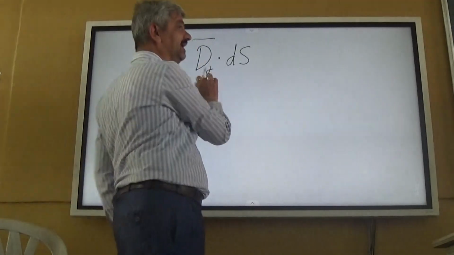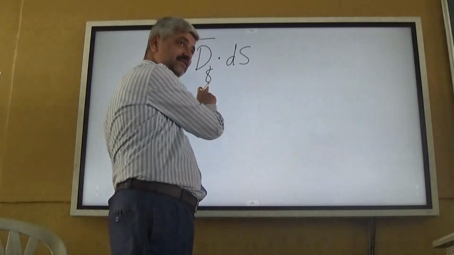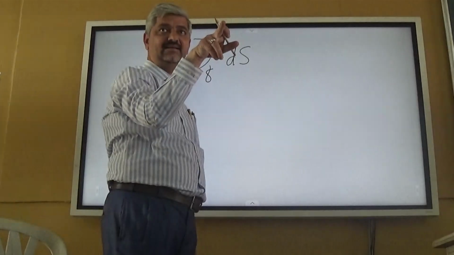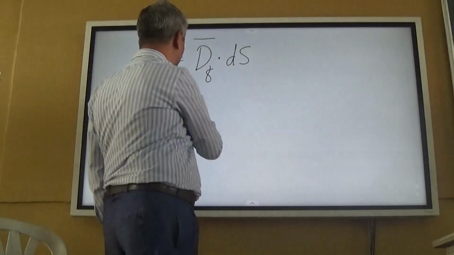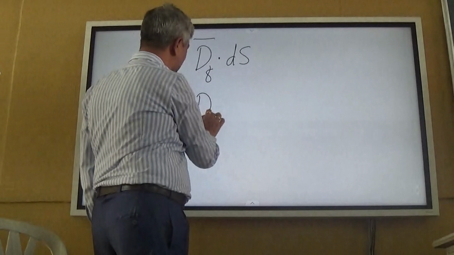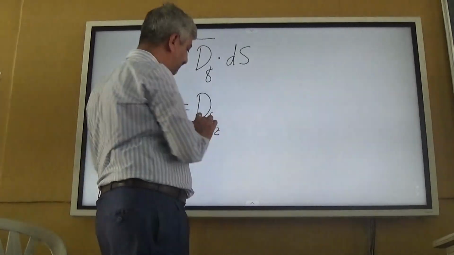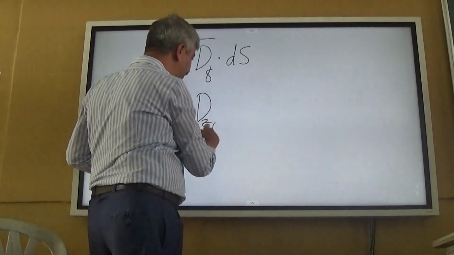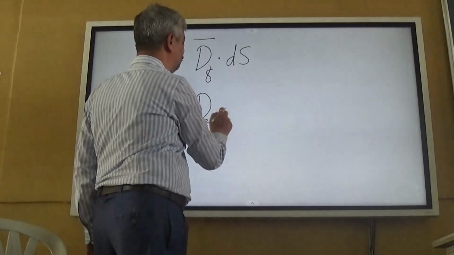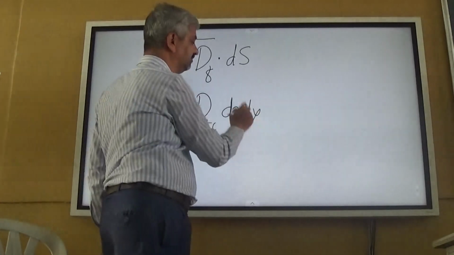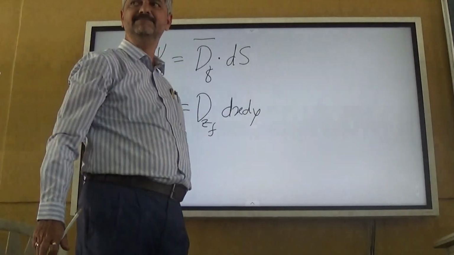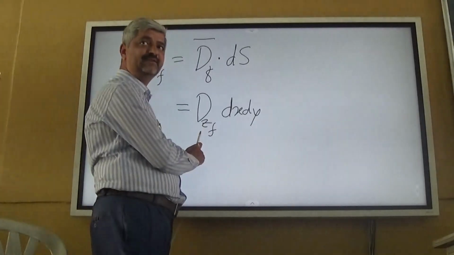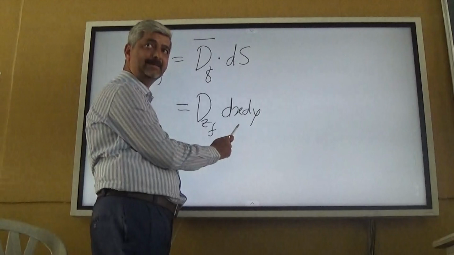So density of front surface into ds. What is ds? dx dy, and is in z direction. So is it right? Dz of front surface into dx dy बरोबर आहे,